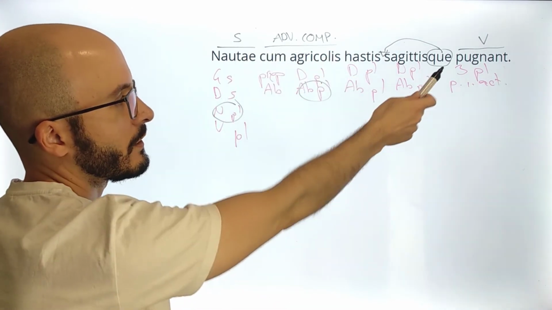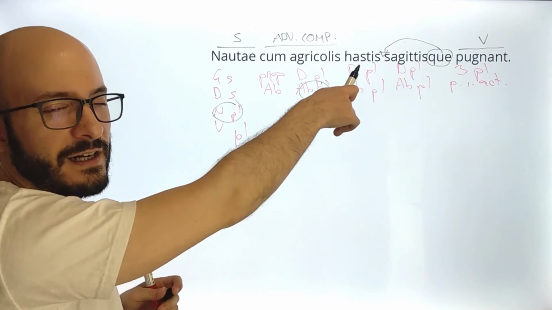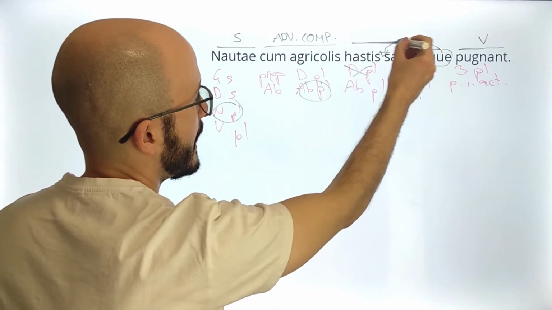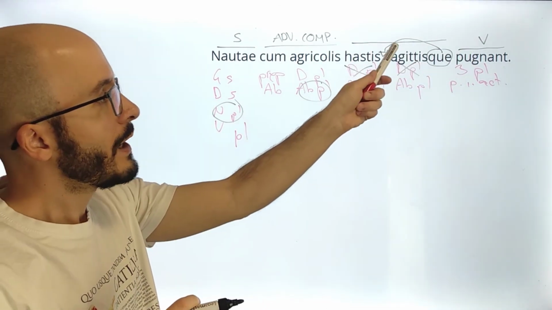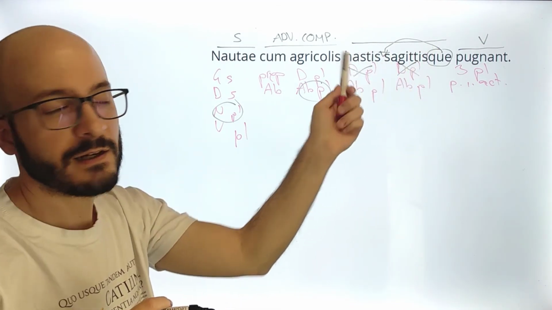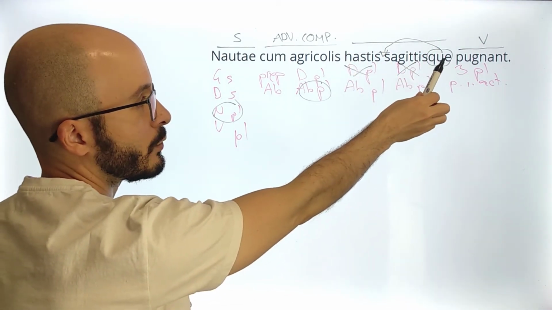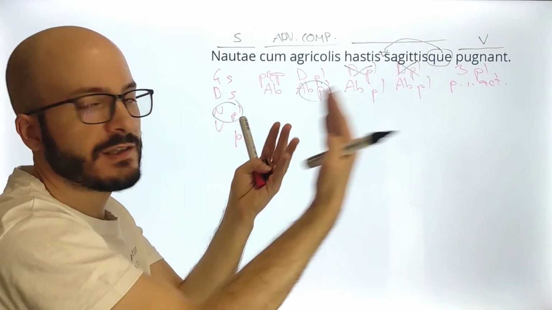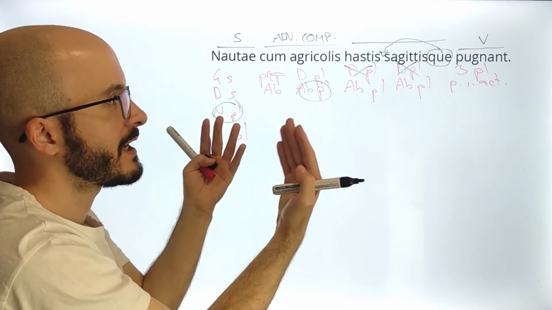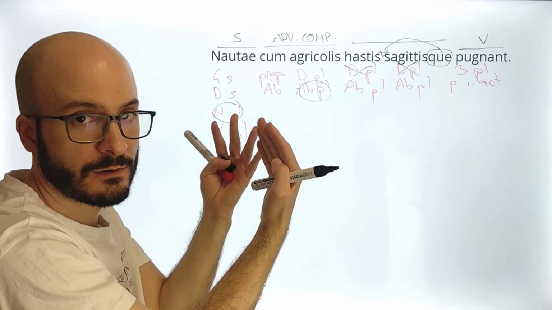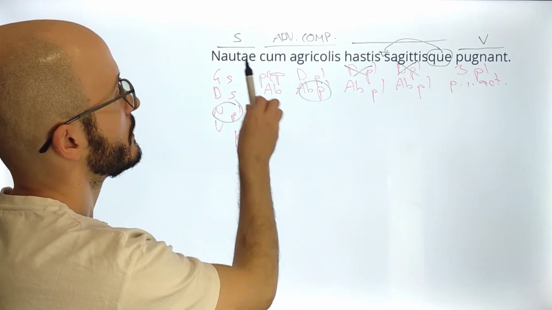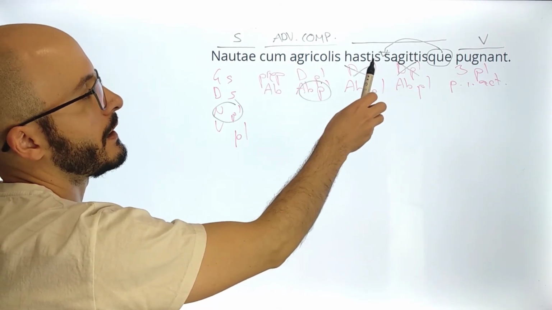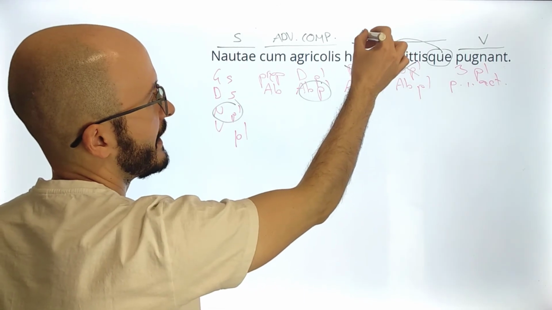And then for this verb, we don't need an indirect object, so it's not going to be dative. Here we have ablative without preposition. Why did I do this line here? Because if we have and here, that means that this and this is the same phrase. Okay, it's the same function. It works together. You cannot split it. Okay, so the sailors fight with the farmers, and now here we have an adverbial,